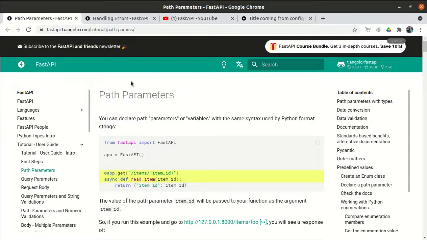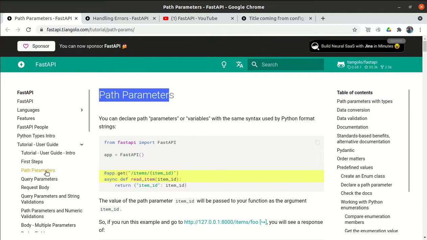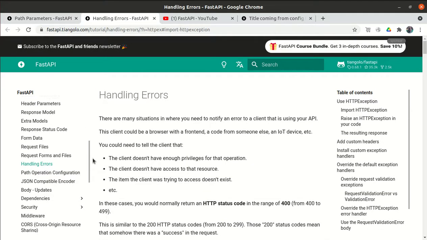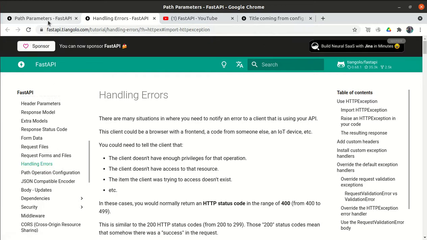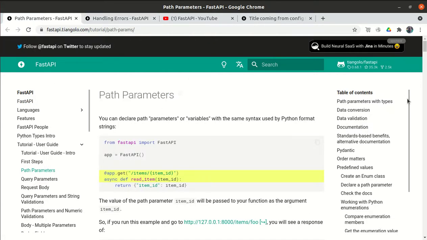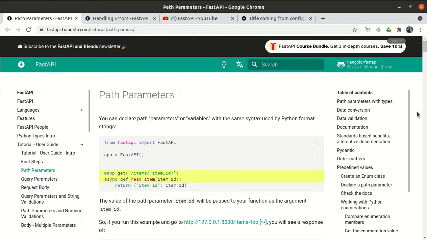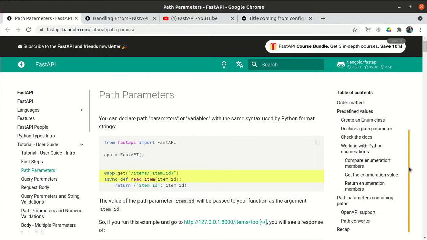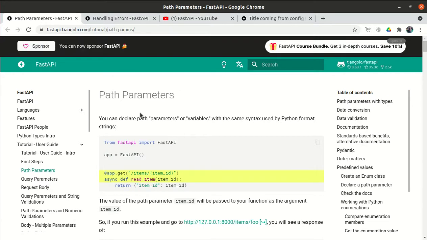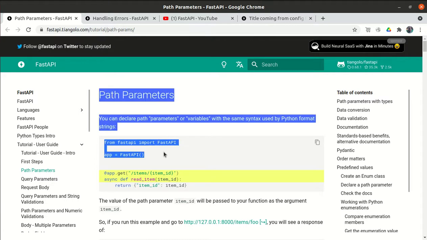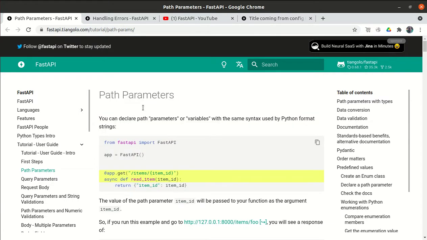Along with that, within the get item endpoint, we will see the path parameter documentation, along with the error handling concepts. These two things we will cover. There are a lot of things mentioned in the documentation about path parameters, and in the coming videos we will cover everything, but for the time being we will see the basic things required just for this video.